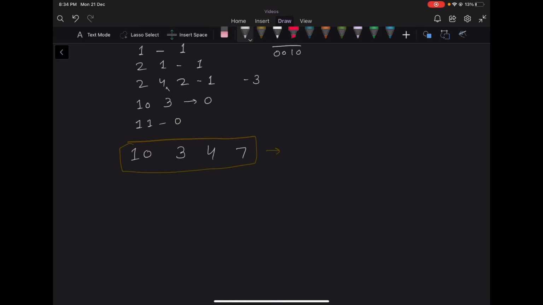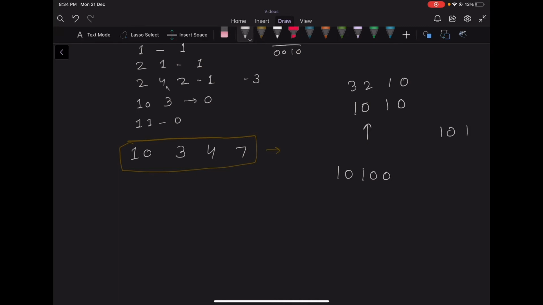So for example, if our number is 1010, let's say this is the 0th bit, this is the first bit, this is the second bit, this is the third bit. Let's say we are setting the second bit. One thing you can observe is that both operations are equivalent to shifting right or left. If we multiply the number by 2, we left shift our element. For example, if we multiply 10 by 2, our final number will be 10100. If we divide it by 2 and take the floor, we are right shifting our number, so our number will be 101. So left shifting or right shifting is equivalent to an operation.